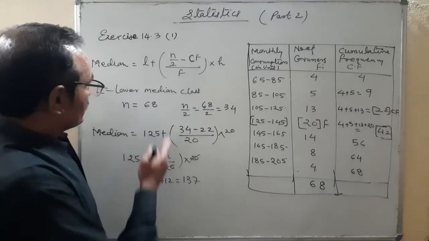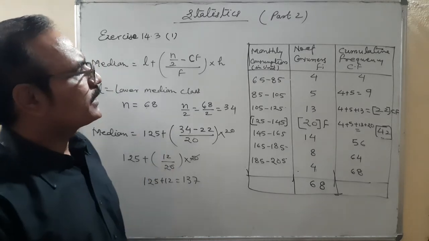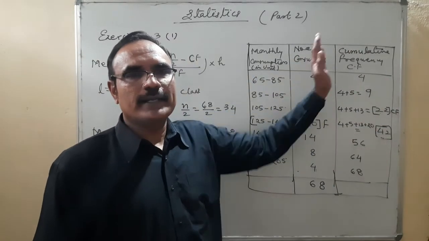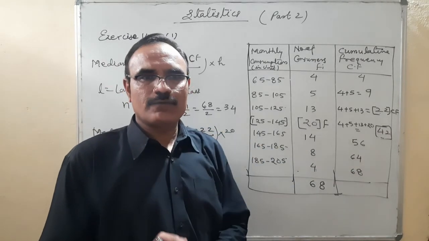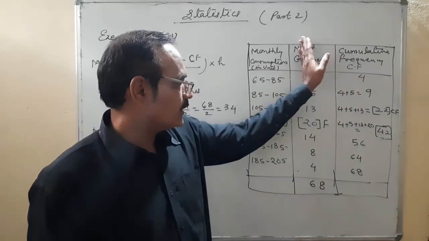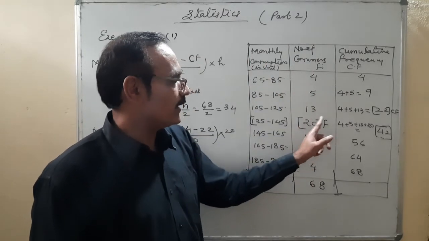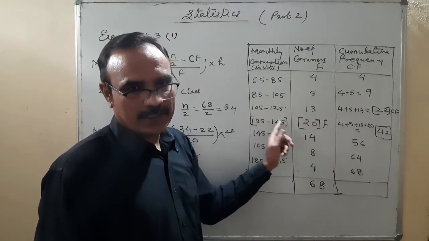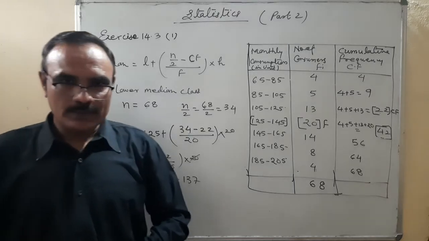Okay. This is the way of finding the median, mean, and mode. You are aware of that. For finding the mean, this column is not required. You will find xi fi. Solve it. Summation fi xi upon summation fi. For finding the mode, only these two columns are required. Here is the maximum number, that is 20. It is f1, f0. It is f2. This is l, and h is 20. Okay. So I hope you can solve mean, median, mode.